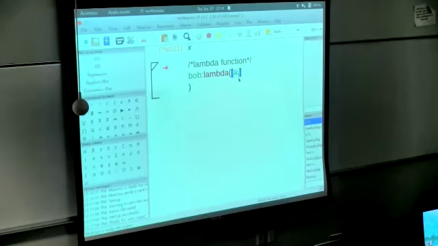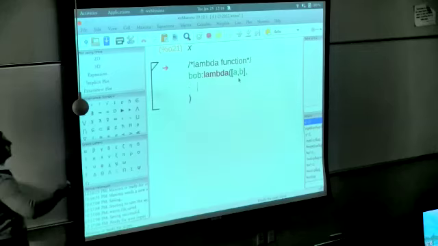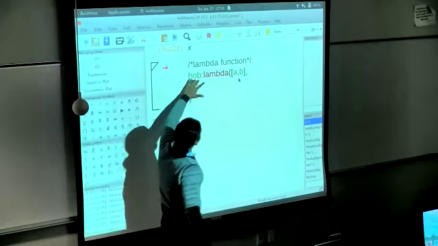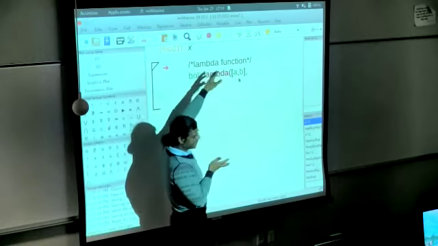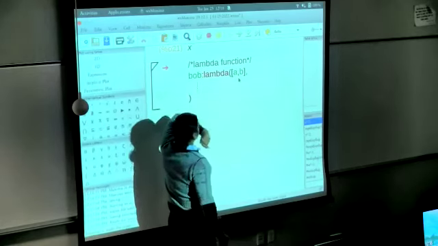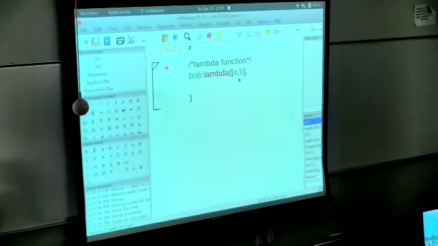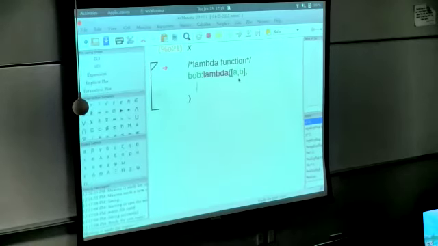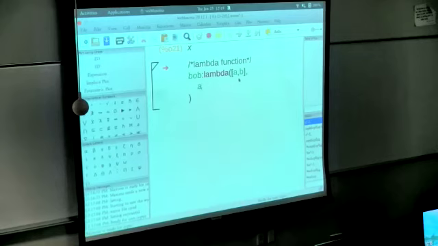I'm just going to pick A and B. The second argument is that you evaluate a bunch of expressions. So let's see. What should we do? A is A plus B, and then comma print